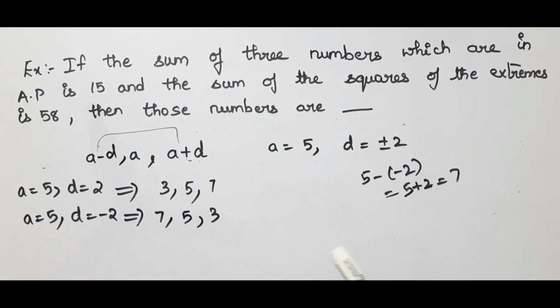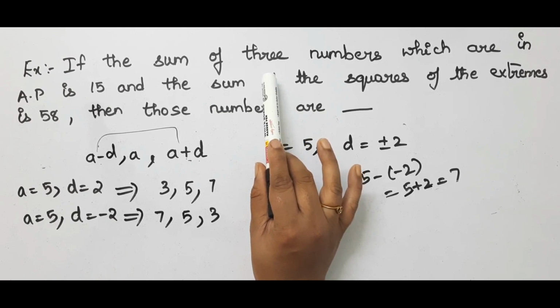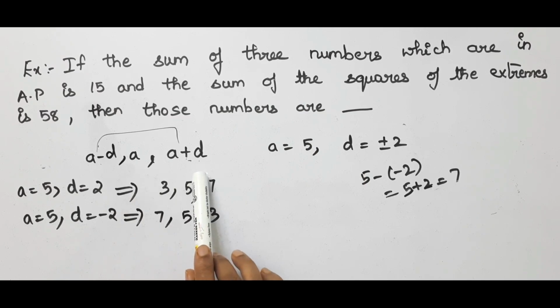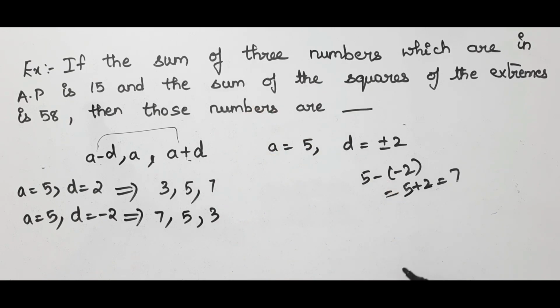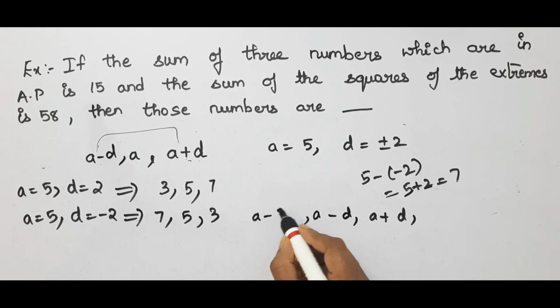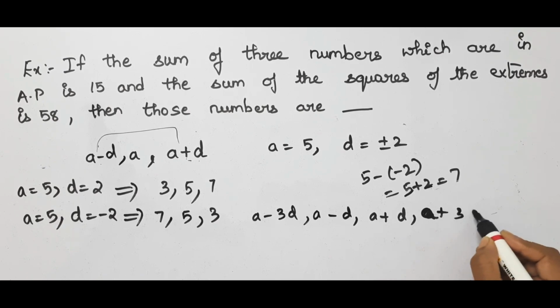So whenever they give this type of problem, that is giving two conditions and asking for the numbers, first take the terms, the numbers, depending upon the even or odd count they have mentioned here. As it is odd, I have taken three numbers. If they give an even number, suppose they have given the sum of 4 numbers, then you have to take the numbers as a minus d, a plus d. These will be the same. Only the remaining two terms will be a minus 3d, a plus 3d. This is for 4 terms.